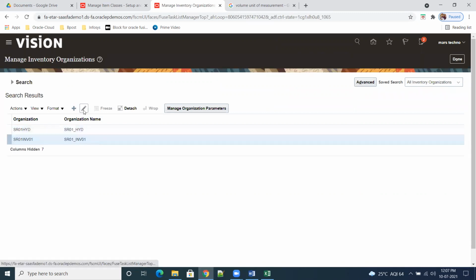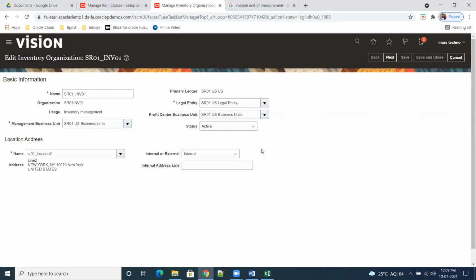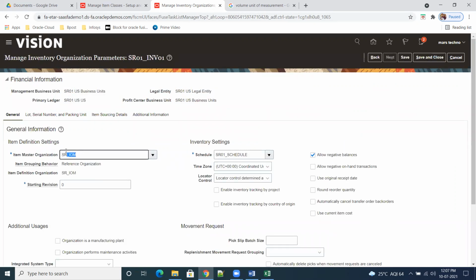Hyderabad was created by somebody else, but it does not belong to my item. Yeah, this is mine, I guess. Yes. Yeah, this is correct. So let me store this one.